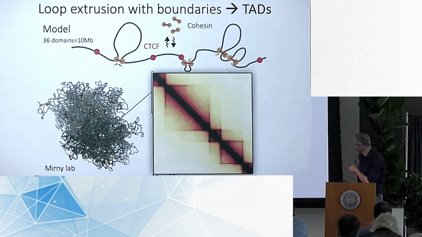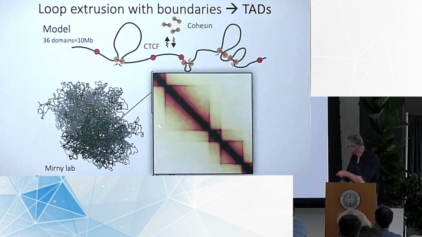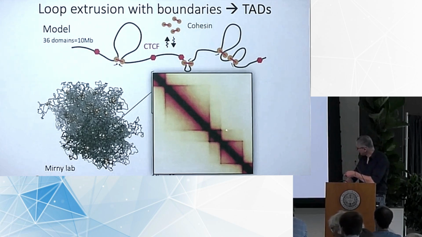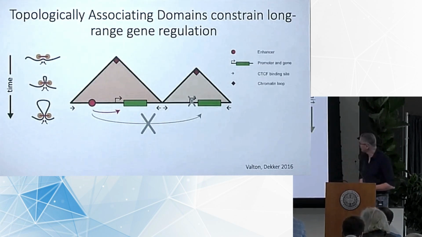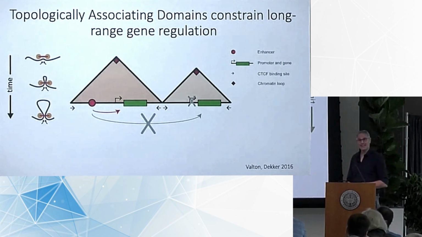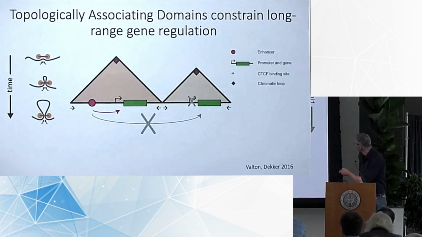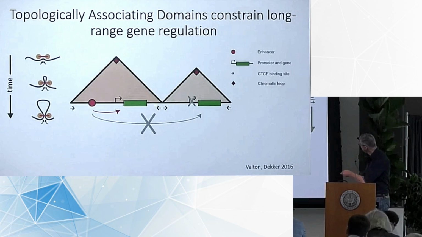Okay, so this simple process of loop extrusion with boundaries is sufficient to explain all these complicated structures I just mentioned, including domains that we used to call topologically associating domains, but also boundaries and lines and dot-like structures and loops and so on. So it's really appealing that this simple process can give rise to all these complicated structures. And this led us a few years ago to come up with a rather simple, maybe in retrospect naive or even wrong, model that says, okay, these domains made by loop extrusion blocked by CTCF sites